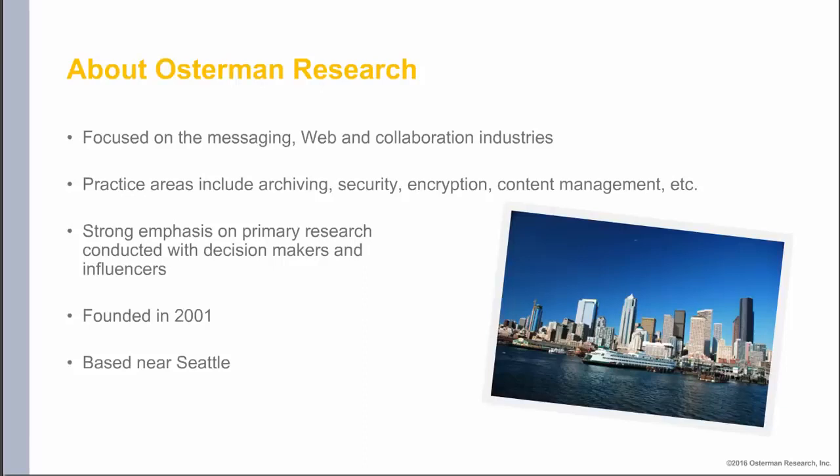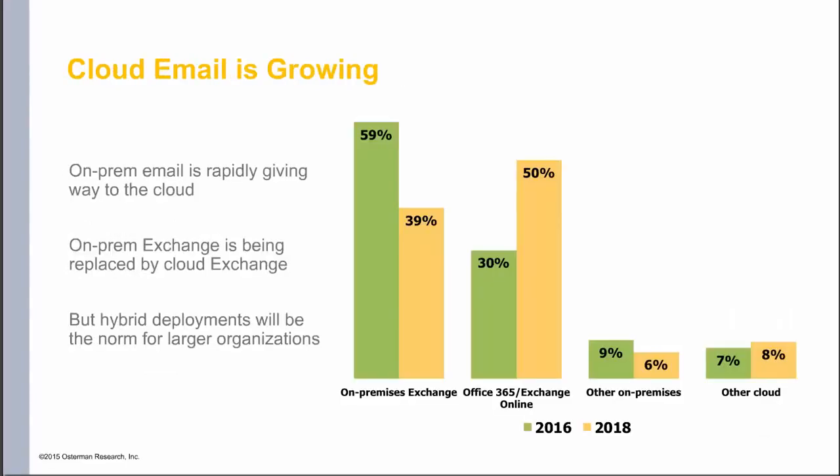So just a bit about Osterman Research so you understand our perspective in this. We're an independent market research and consulting firm, and our focus really is on communication and collaboration in a workplace context. So we talk to IT decision makers and influencers as well as end users, really to understand what's going on in the context of how they communicate, how they collaborate, how and why they want to move to the cloud, and so forth. We have a strong emphasis on primary research. We'll be presenting a bit of that here today. The company's about 15 years old, and we're based near Seattle. And thankfully, that picture of Seattle looks kind of like it does today, sort of an unusual situation this time of year.